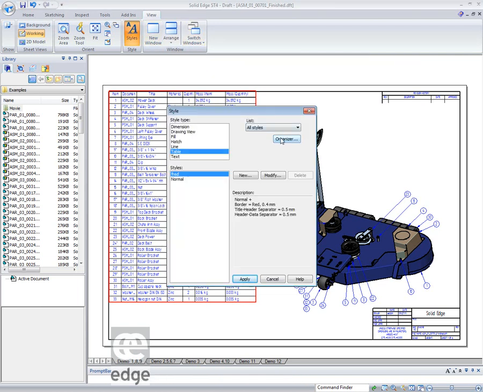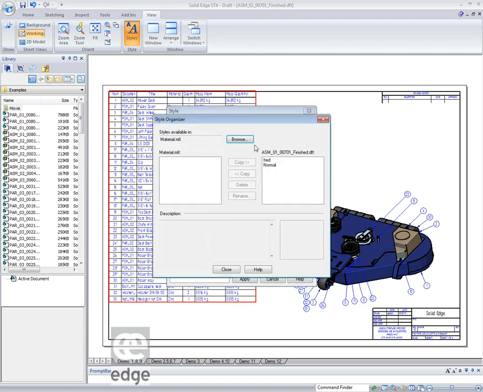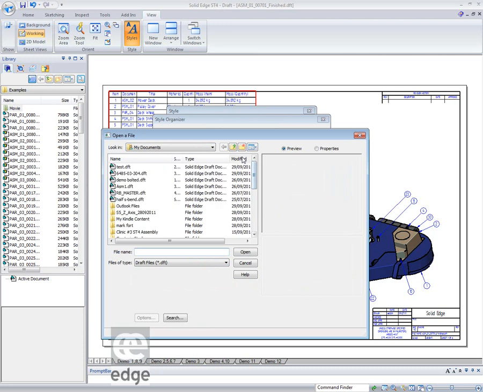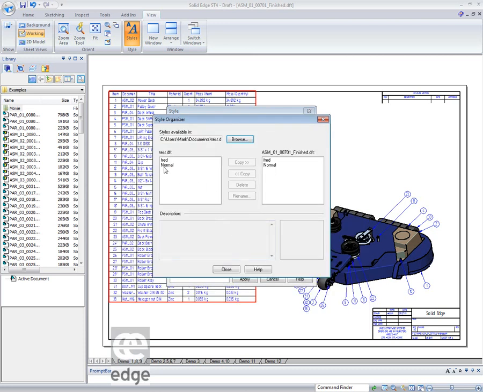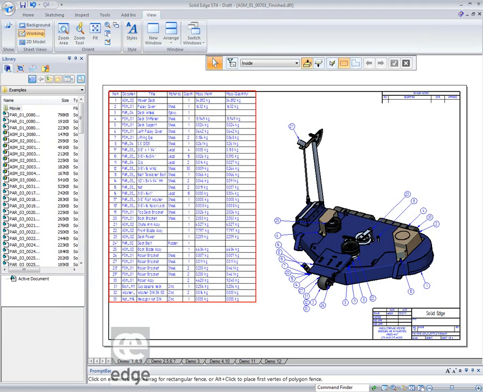Don't forget about the organizer, very useful tool. It works simply by finding something, browsing for, in this case, a draft file, opening that, and it's got a couple of draft styles in there, a couple of styles in there. And I can just pick those up by copying them across into that one. Away you go. It's got help on it, of course, like everything else. Okay,